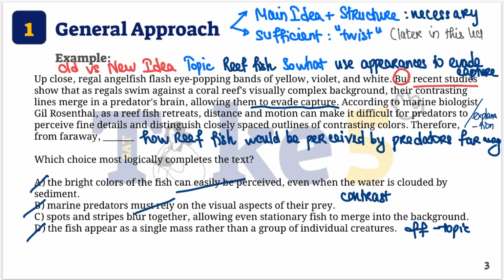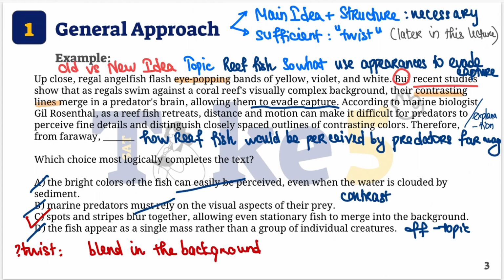But first, for this question, with just elimination using the necessary condition, that is, support the main idea and not off topic, you know the answer is C. But let's verify how C makes a logical twist to the evidence. We now need to look into details of reef fish appearance, paraphrase them to keep the core information. They are eye-popping or eye-catching and colorful, but they have contrasting lines that help them blend in the background, which makes it difficult for the